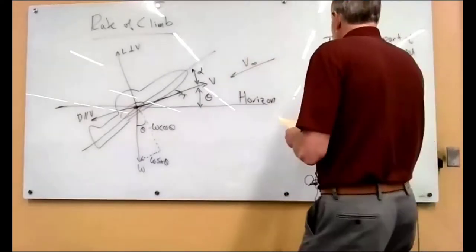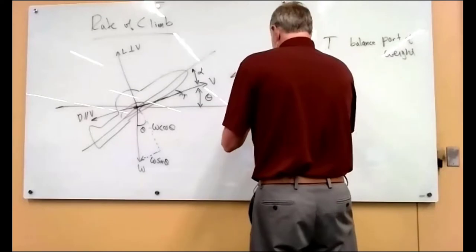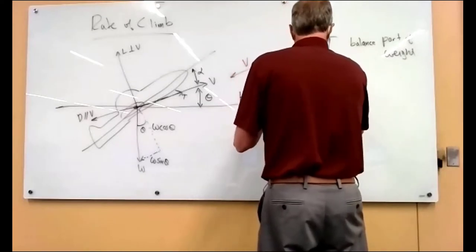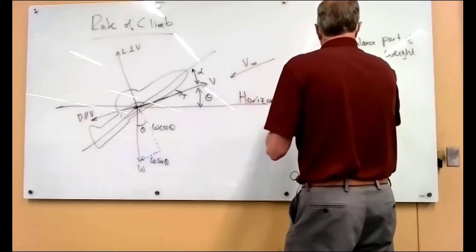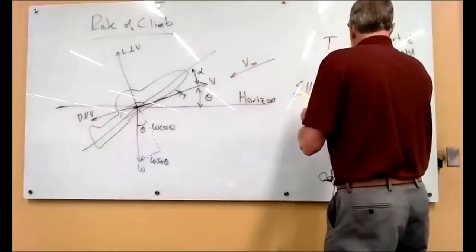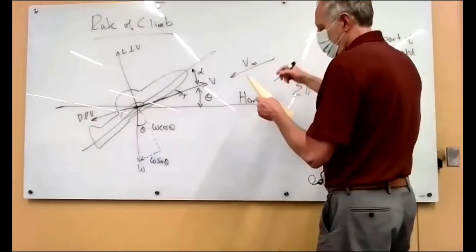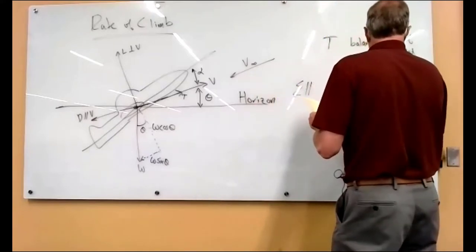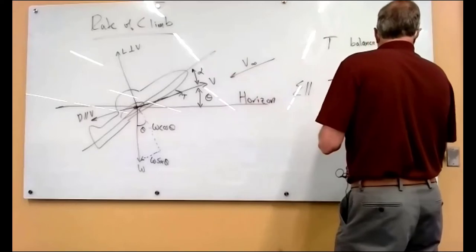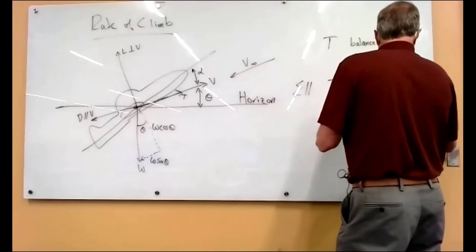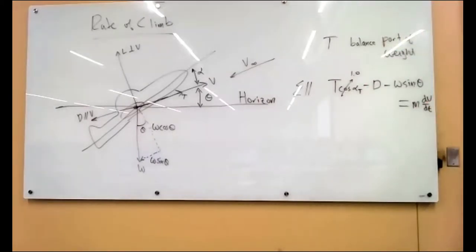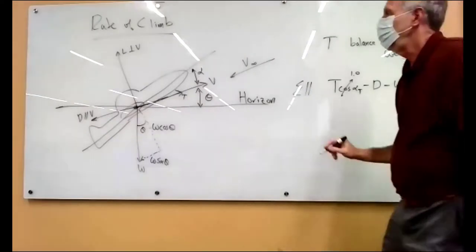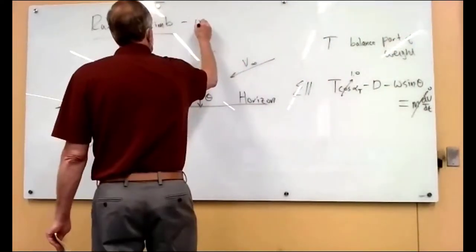All right, so the sum of the forces parallel is thrust. Again, we have that cosine of the angle here, but we're saying that that angle is pretty small. Minus the drag backwards, minus the weight times sine theta, and that's equal to the mass times the acceleration. But we are still doing steady state flight, that is, unaccelerated flight. So this is 0. So we probably had to put that this is rate of climb,